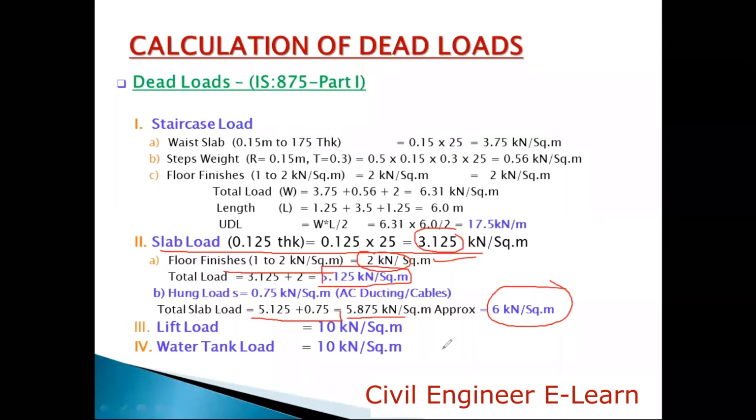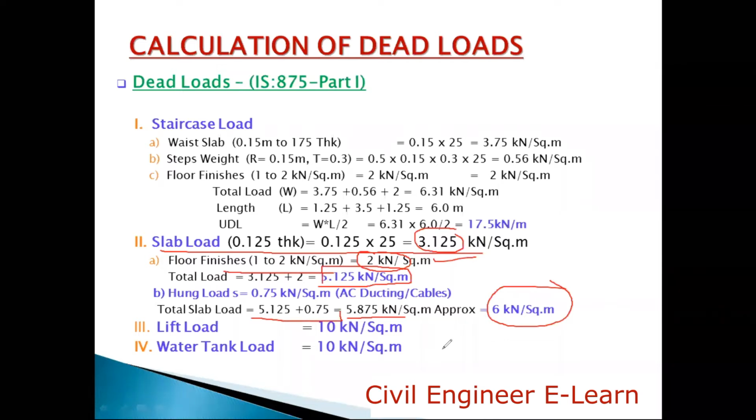And in fact, these values or these loads will be given by a vendor only. Vendor means nothing but a supplier, the lift supplier. The lift supplier would be giving us the weight of that equipment, I mean the machine equipment and the lift equipment and all these fixtures. All those weights are usually given by a supplier only. And on more than 95% of occasions, we don't get these values before we design it. So that is why on the higher side, we can consider 10 kN per square meters as the lift load.